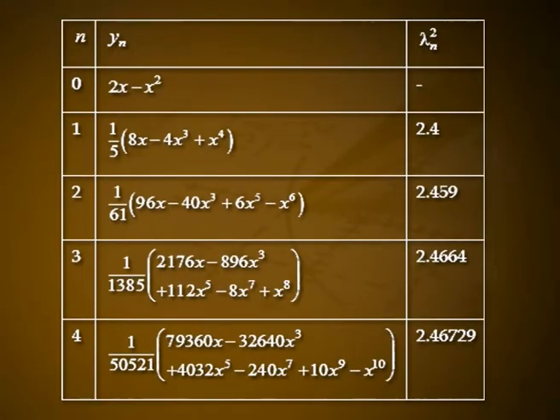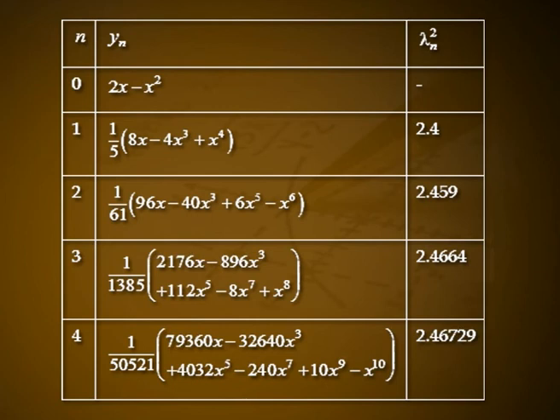The values of n are 0, 1, 2, 3 and 4. The corresponding values of y_n are 2x - x², (1/5)(8x - 4x³ + x⁴), (1/61)(96x - 40x³ + 6x⁵ - x⁶), (1/1385)(2176x - 896x³ + 112x⁵ - 8x⁷ + x⁸), and (1/50,521)(